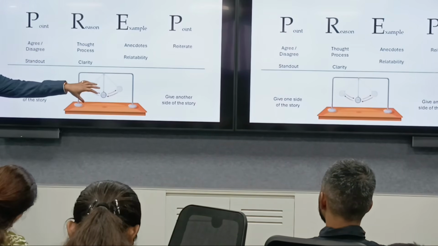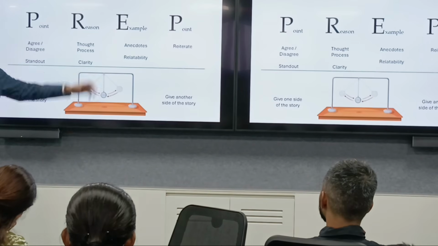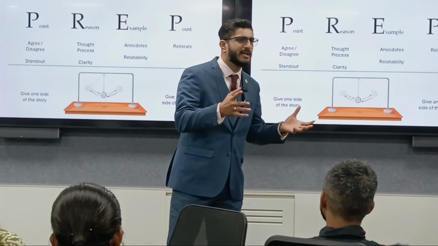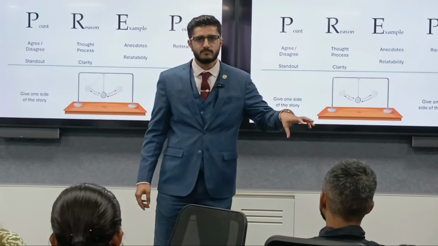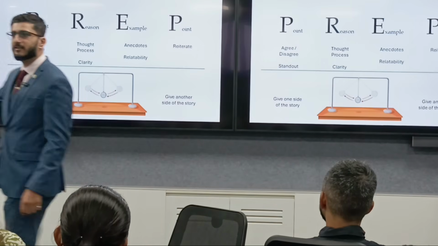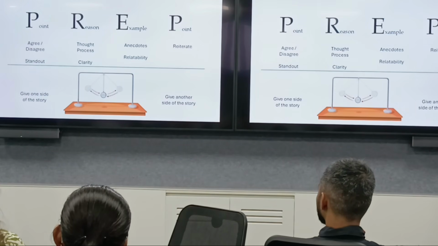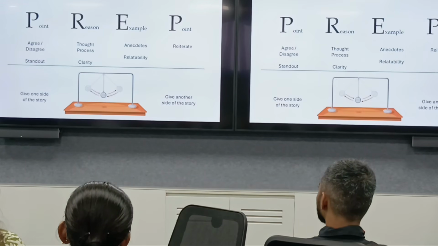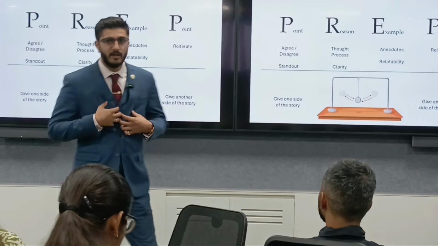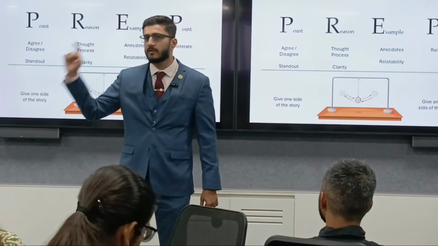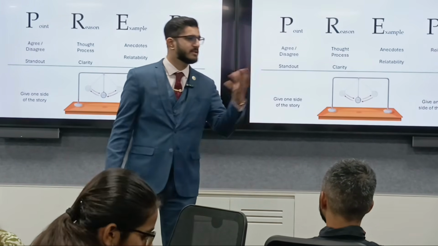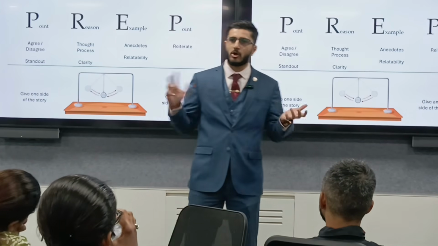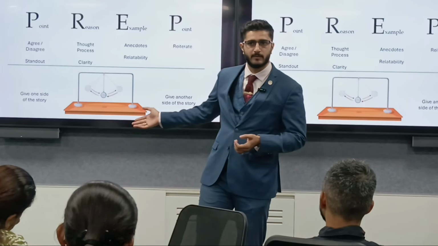But again, in the individual parts, use the prep. On one hand, I agree that all that glitters isn't gold, because sometimes it's very shiny, but it might just be a trap. On the other hand, all that glitters is gold, because there is something which is attracting you towards it, and you should go with your intuition, you should go with your gut. So if given a choice, I would always go for that glitter, and I would go for that gold. So I spoke about A, I spoke about B, and then I made a choice. Whenever the topic is such that you don't have strong opinions, you can use this method.